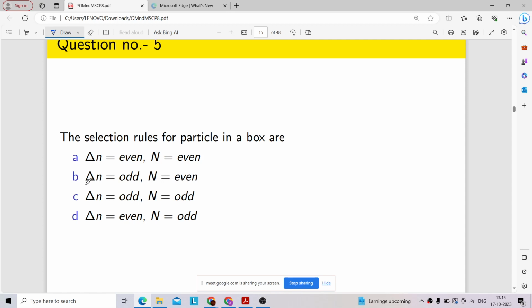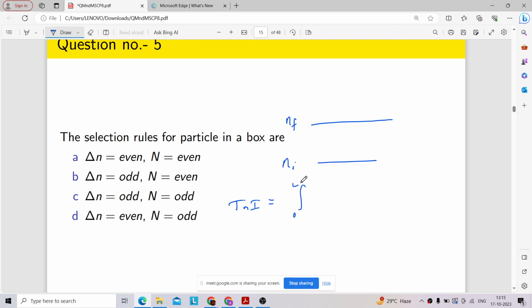Okay, let me tell you what is delta n and what is capital N. So, for a particle in a box, we can consider the initial state to be Ni. Let's say the initial state is Ni and the final state is Nf. Now we will define the transition moment integral, which will be the integration